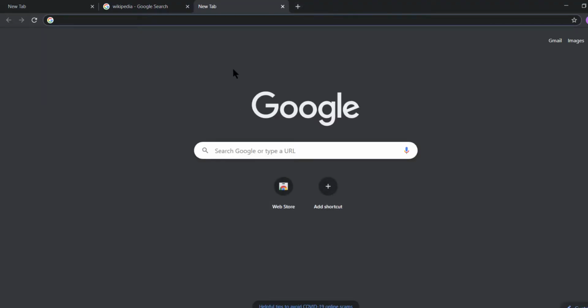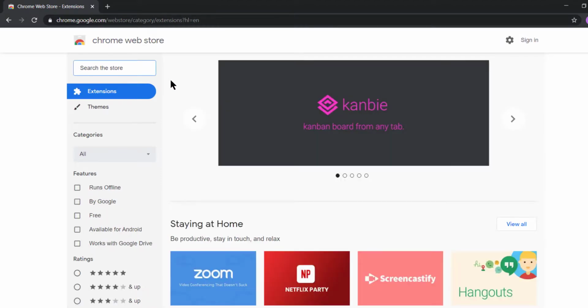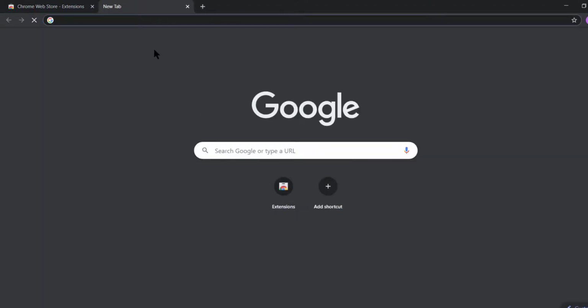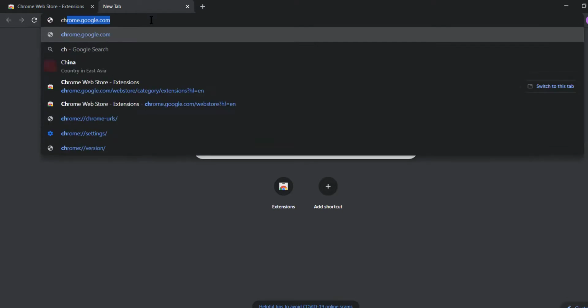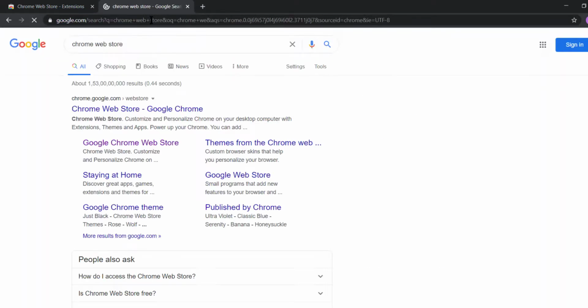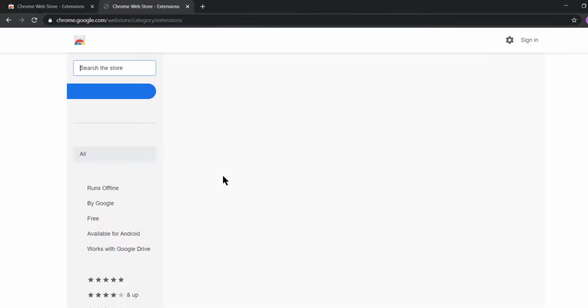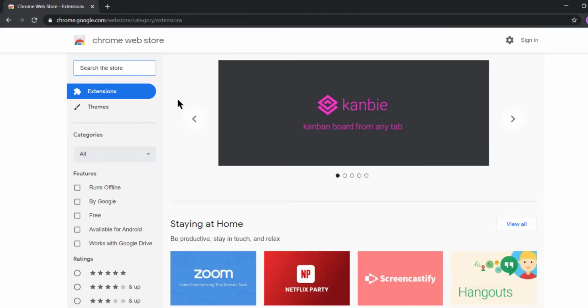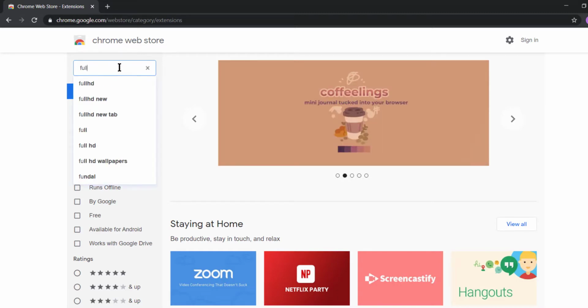So a better solution is available. It's on the Chrome Web Store. So just go on to the Chrome Web Store. If you do not have the option here, then you can just type Chrome Web Store and you'll get this. So this is not an issue. Once you get to the Chrome Web Store, all you have to do is type full page screen capture.